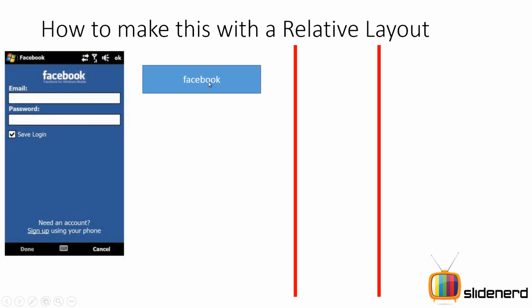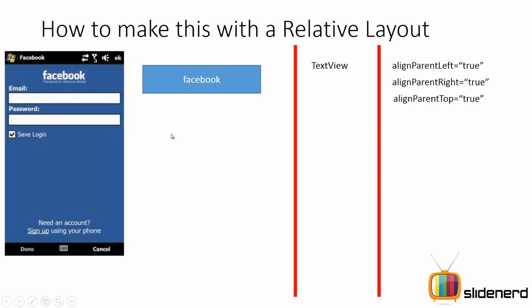Now what you have first is this Facebook. It is probably a drawable over here or an image of some kind, but here what I'm going to do is use a simple text view for this. Now remember, as you can see, it sticks to the left side of your parent, it sticks to the right side, and it also sticks to the top. So we can simply have the text view something like this: align parent left is true, parent right is true,